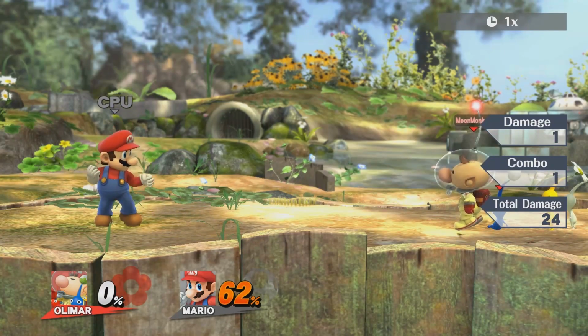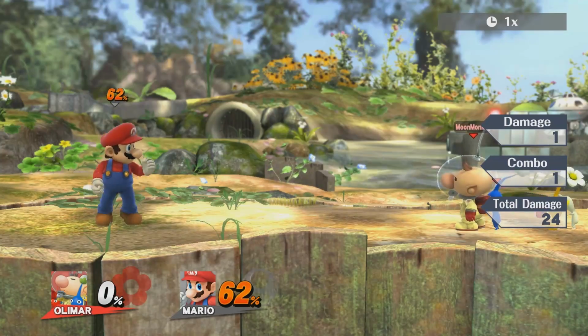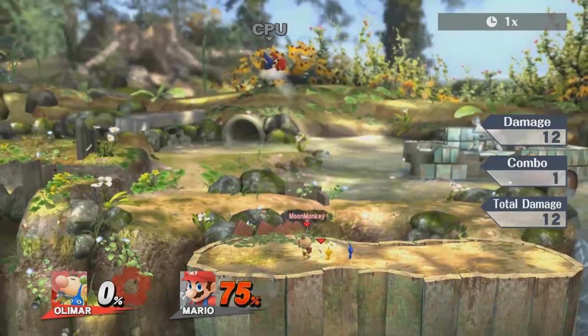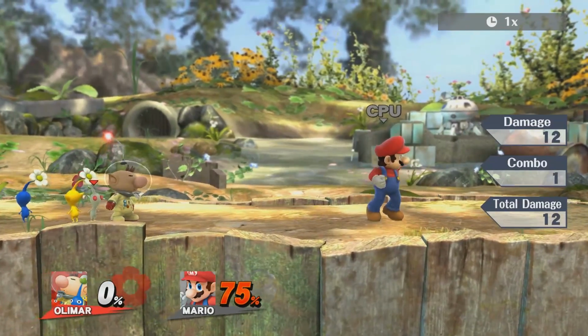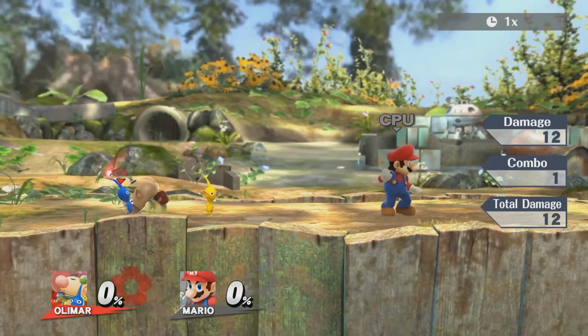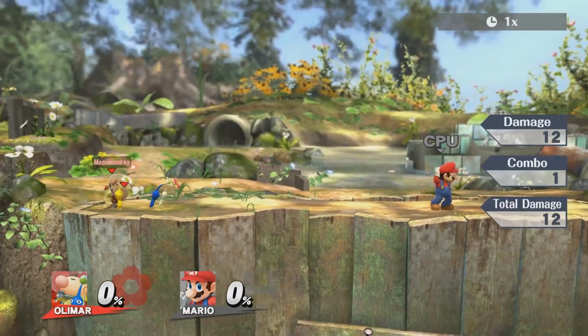So keep that in mind. Your blue Pikmin are also good for grabs. I think you're next to the purple Pikmin, they have like the strongest grabs, so you definitely want to use your purple Pikmin for grabs. Alright, so before we get into the white Pikmin, I'm just going to, hold on, get my blue Pikmin, and